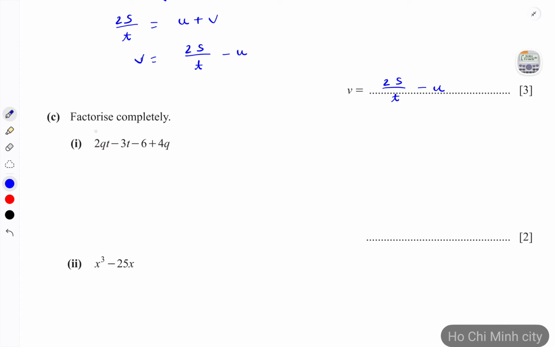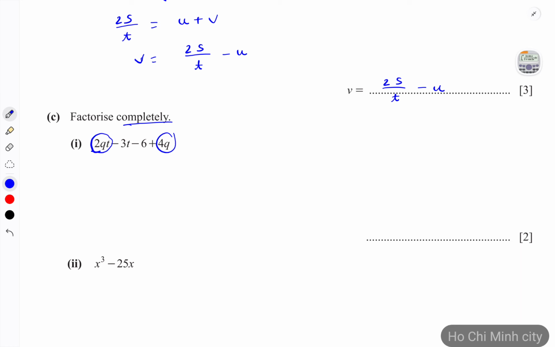Part C, we have to factorize completely. All right. So let's see. 2, negative 3, negative 6, and 4. They don't have any common factor here. And how about the variable? qt, t, nothing, and then q. They also don't have any common variable here. So we need to find another way. If you look closely enough, then you would notice that if you